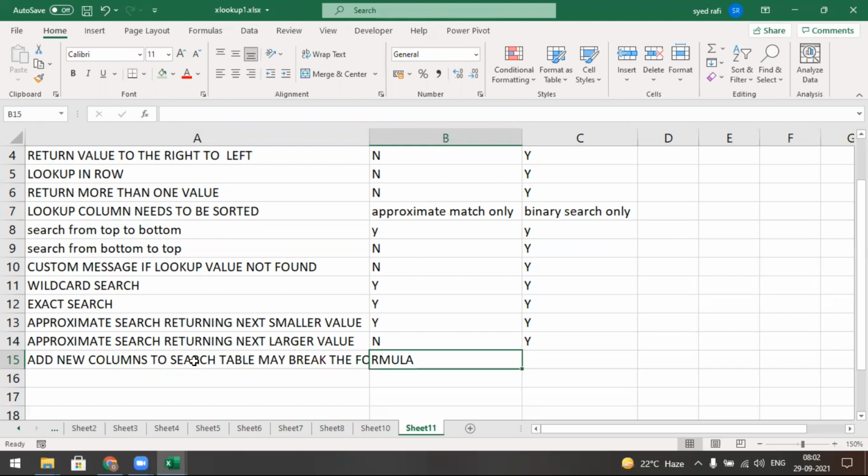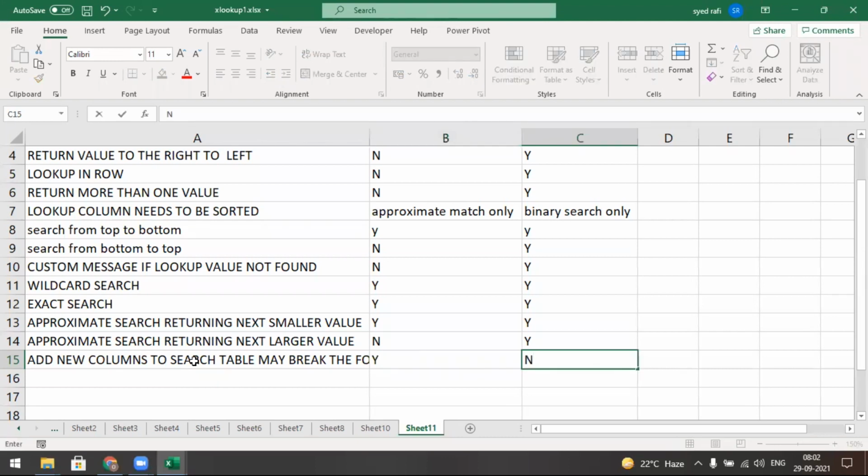In VLOOKUP, when you insert a column, the column index number becomes incorrect and the formula breaks. But in XLOOKUP, that is not the case. Very good, nice.